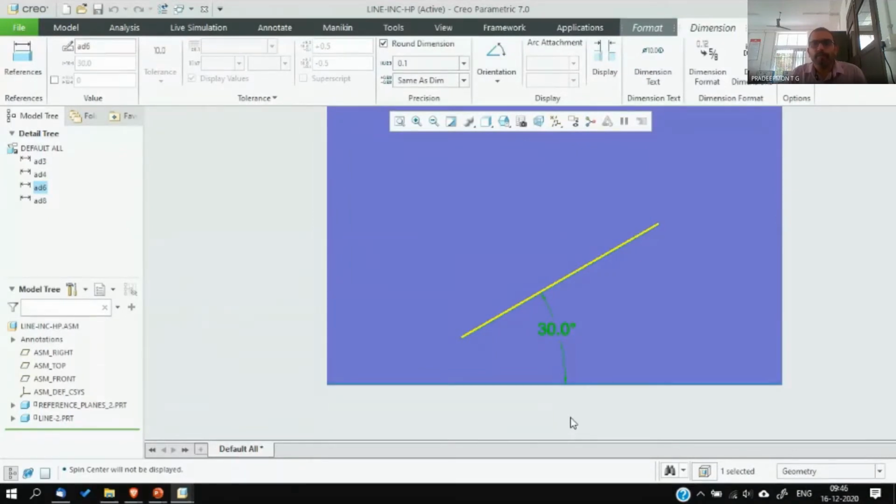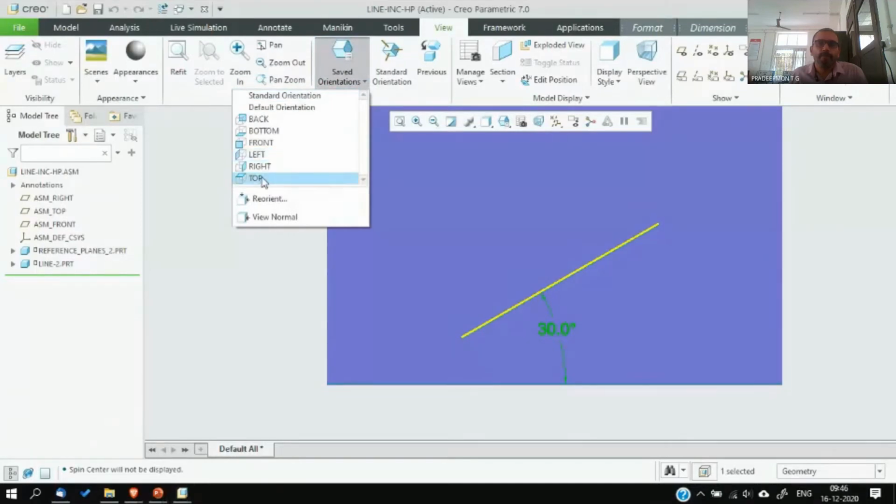So in the front view, we get an angle equal to 30 degree with the XY line. The bottommost line represents the HP, and this is the front view of the actual line. The front view is inclined at an angle of 30 degree with the XY line in this case. Now, if we move on to the top view,